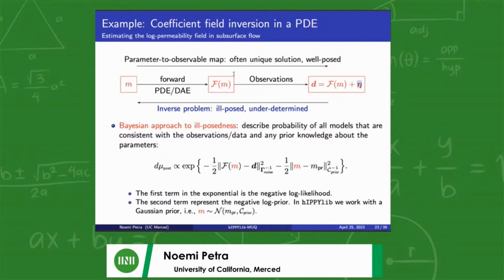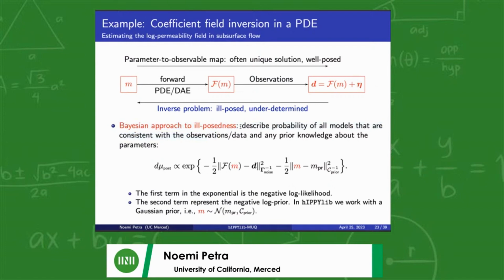Now, while this forward mapping is, or better be, well posed, with a unique solution, the inverse problem is ill-posed, underdetermined. In a deterministic setting, one adds some regularization to deal with these issues. In a Bayesian context,